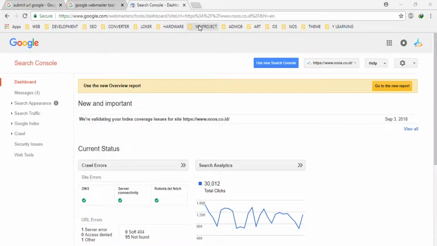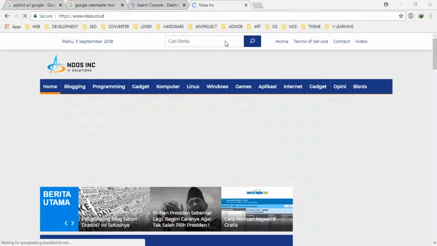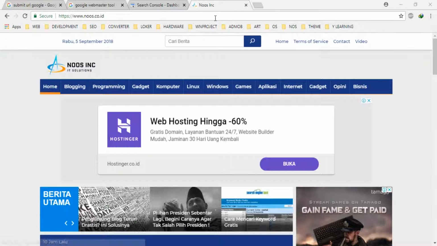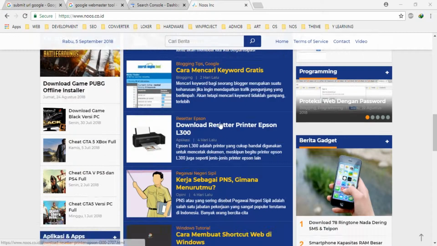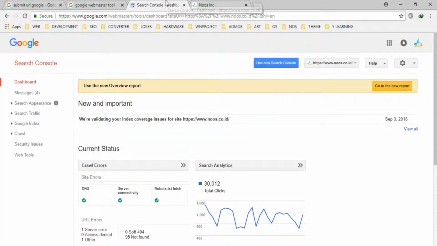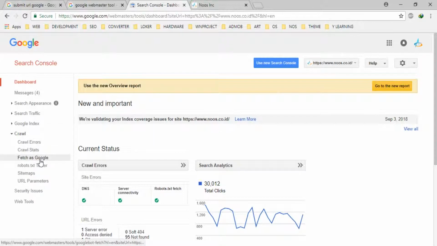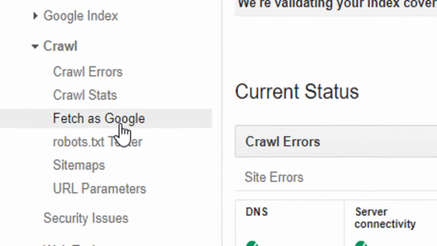now for example I want to submit my article on my web page. Okay, I open this page, and for example I want to index some article in here. You can go to Crawl, for example, and then Fetch as Google in here. Okay,